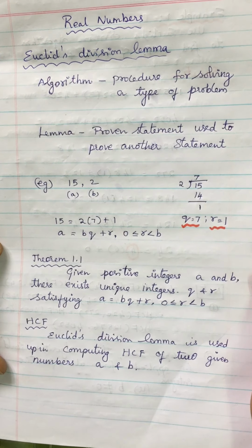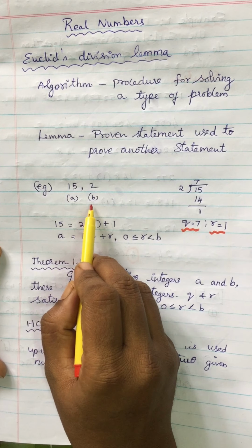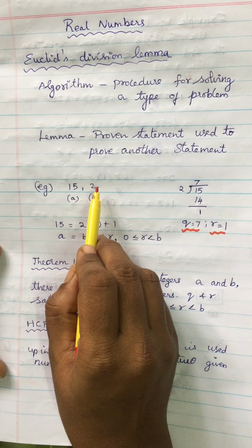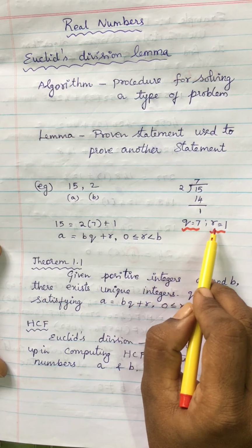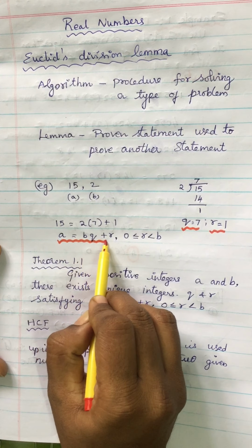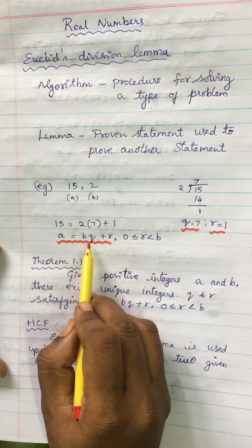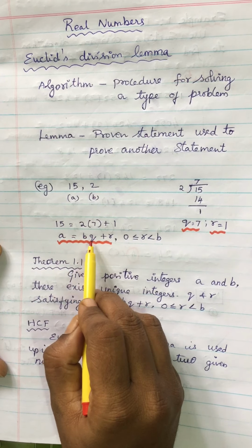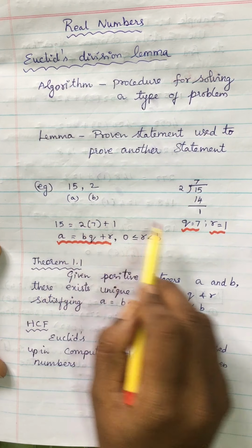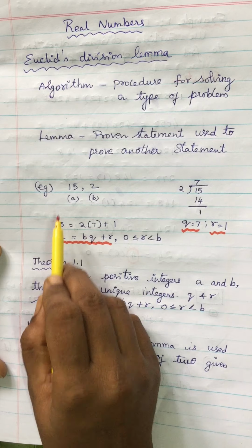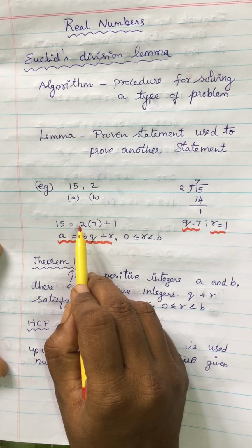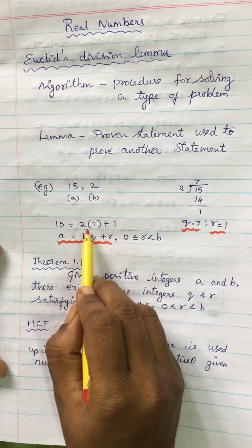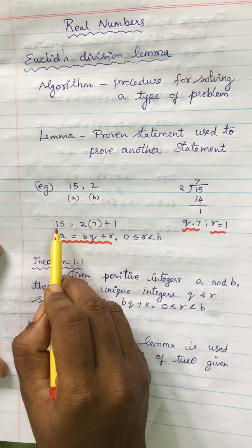If you take two positive integers as a and b, you can put these positive integers a and b, the quotient and the remainder in this form: a is equal to bq plus r, where a and b are the two integers you have taken, and q and r are the quotient and remainder obtained by dividing those two numbers. So you can rewrite 15 as b, 2, times the multiple of 7, plus 1. 2 sevens are 14, and 14 plus 1 gives you 15.